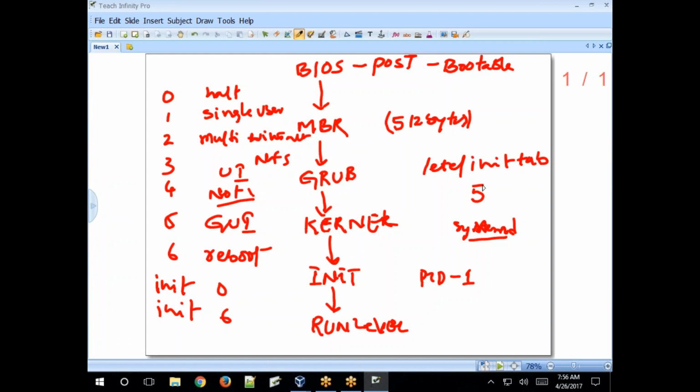If you want to boot your system with run level 3, then go to this configuration file, then set the default run level as 3. So instead of 5, remove the 5 and set 3 and save it. So when you power on the system, automatically your operating system will be loaded and run under run level 3. So what is the difference between run level 3 and run level 5? Run level 3 comes with a user interface, non-graphical interface.